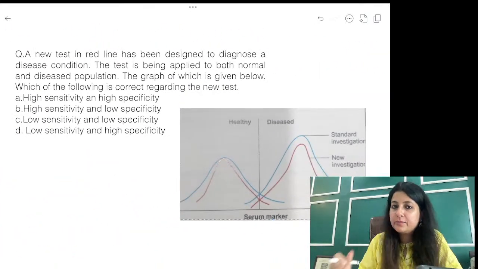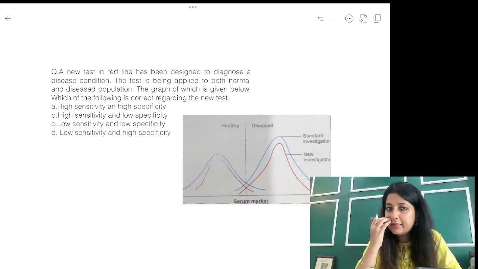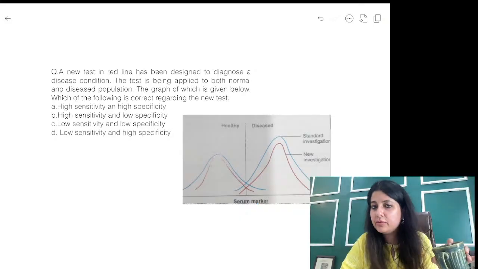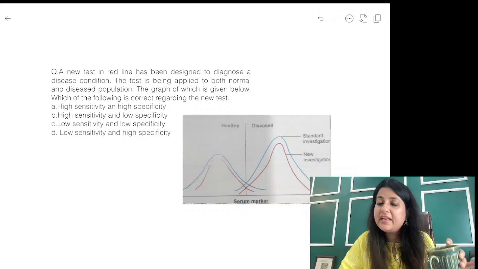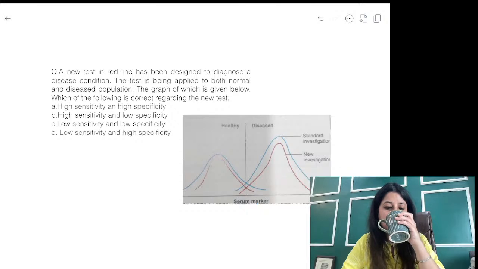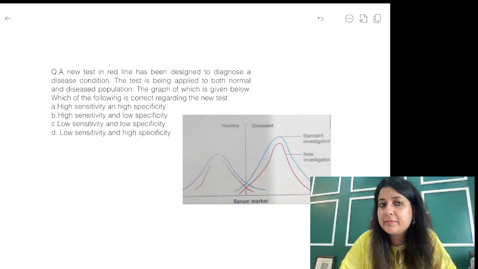Can you try this image, everybody? After this, I'll be able to give you 2 numericals. In the PDF, you'll find 1 or 2 extra questions. Try it out. If you're not able to do it, you can let me know. Think it through, guys, it is not very difficult.